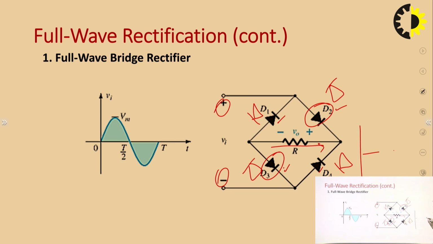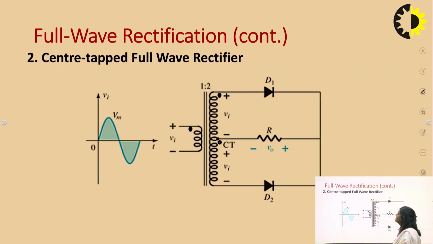Then if we draw the output waveform, it will be in this way. In the previous orientation you were getting the positive ripples, but now if you change the orientation of the diodes, with opposite diodes the same and adjacent diodes different, then the direction of current flowing through this resistance will be reversed. If you were getting the positive cycles in the previous case, in this case you will get the negative cycles, meaning negative DC voltage. Now this is the center tap rectifier.